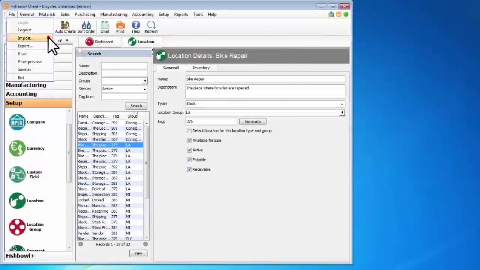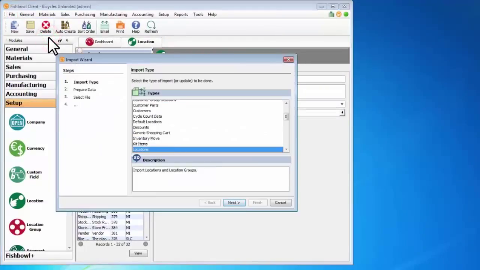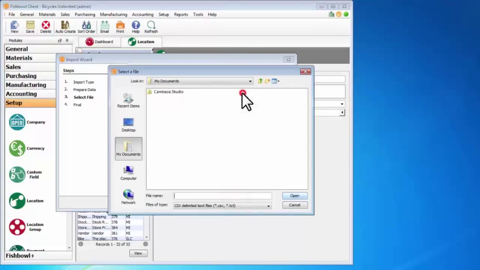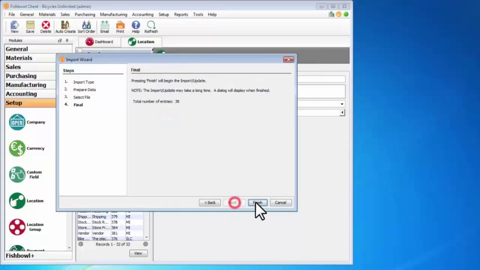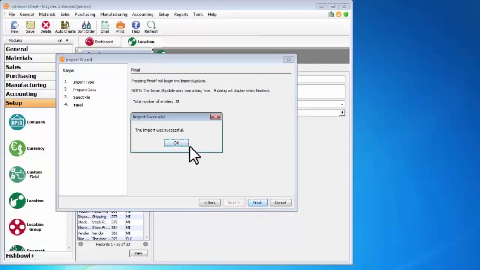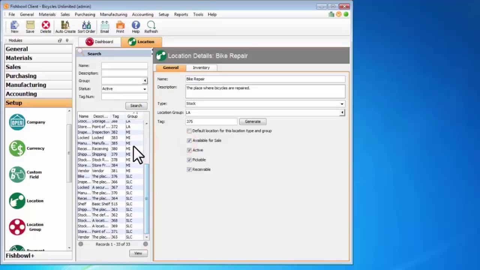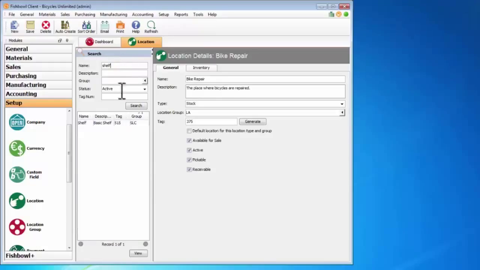We'll go to File, Import. I'm going to type in L to get to location. Next, select the file I'm going to import, and then finish the import. Import was successful. So now, if I'm looking for my shelf, I can see that my basic shelf has been